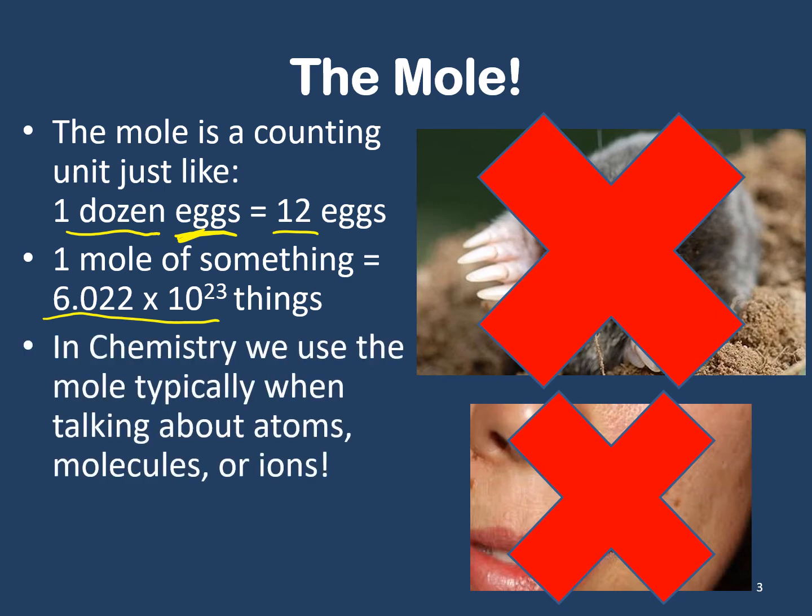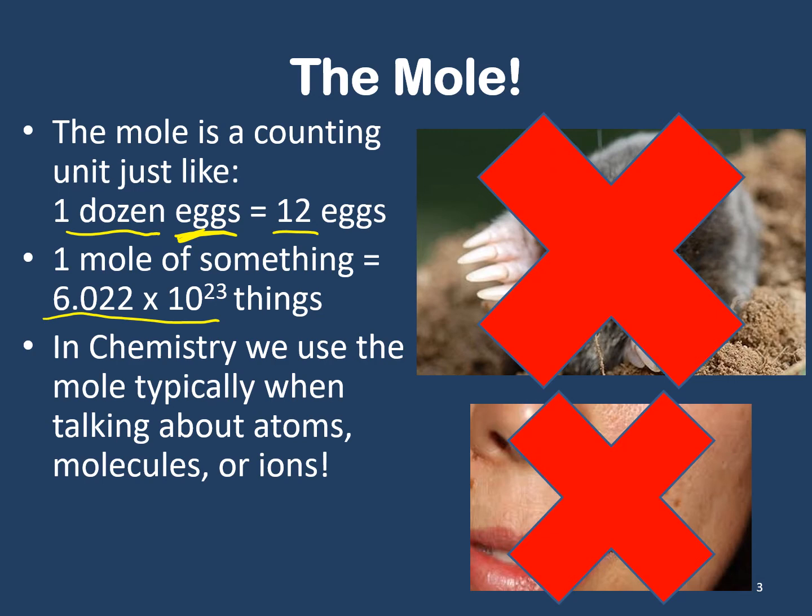Now, because of that, we generally don't use it to talk about shoes. There aren't 6.022 times 10 to the 23 shoes on the entire planet. Nobody's made that many shoes, probably, in the history of the Earth, I would guess, because it's so big of a number. So, in chemistry, we typically use it when we're talking about atoms, molecules, ions, protons, neutrons, electrons, subatomic